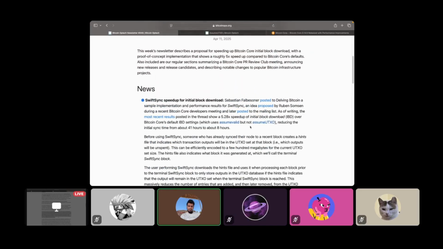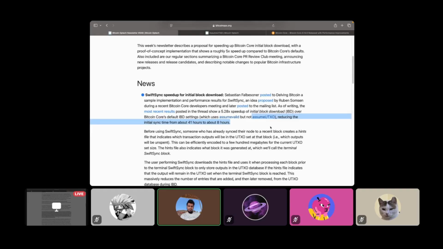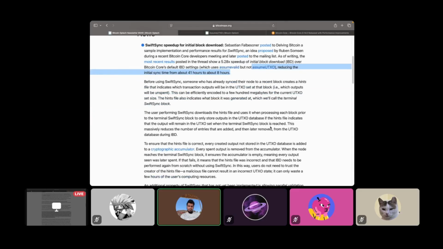It was a little lengthy because I saw a few new faces, so I thought we should talk about assume valid and assume UTXO and not assume that people already know that. So we tried touching upon what assume valid is, what assume UTXO is, what SwiftSync is, and what checkpoints are, what pre-sync headers are, and how all of these proposals and developments come together to hasten and speed up